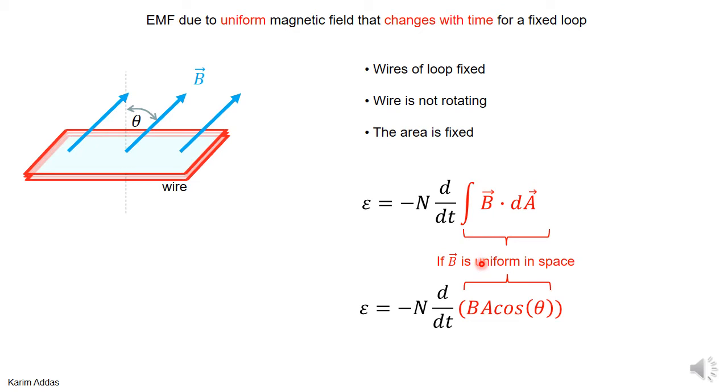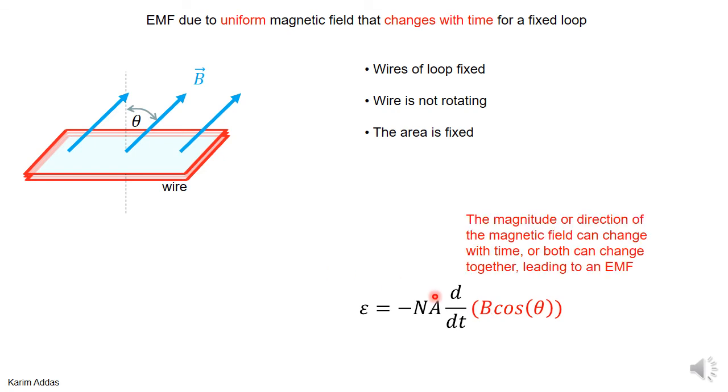and the magnetic flux, if the magnetic field is uniform in space, then the integration is just trivial, and you just end up with B times A times cosine of the angle between B and the area vector, the angle theta here. And so, of course, the area is just a constant in this case, it's not changing. And so we can take the area outside,